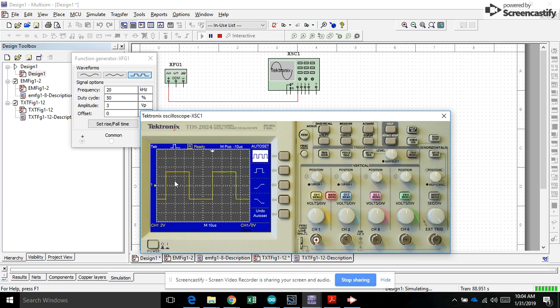And now what we have is we count how many divisions. So we want one full cycle. So it's a full, let's call it a square. And then it starts off over here. So it's the rising edge to the rising edge. 1, 2, 3, 4, 5. 5 times 10 micro. So 10 to the minus 6 times 5. I get about